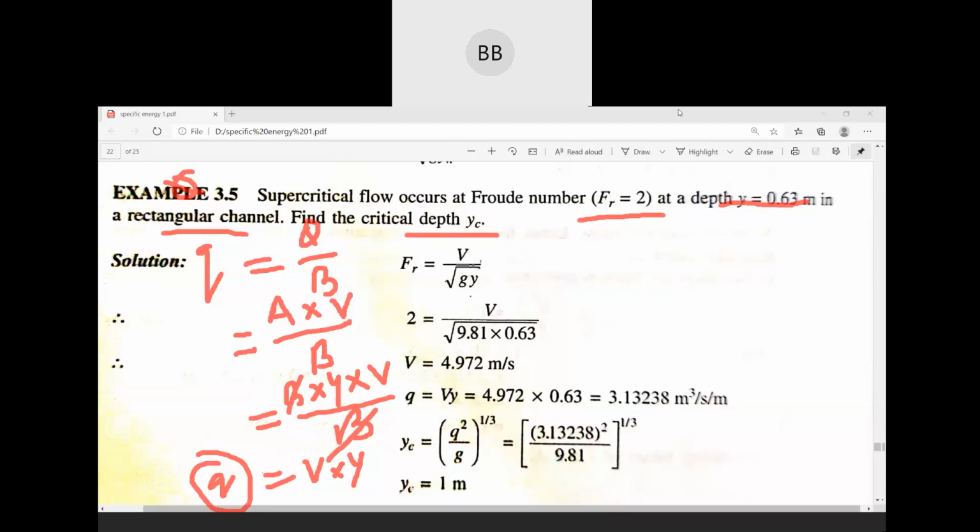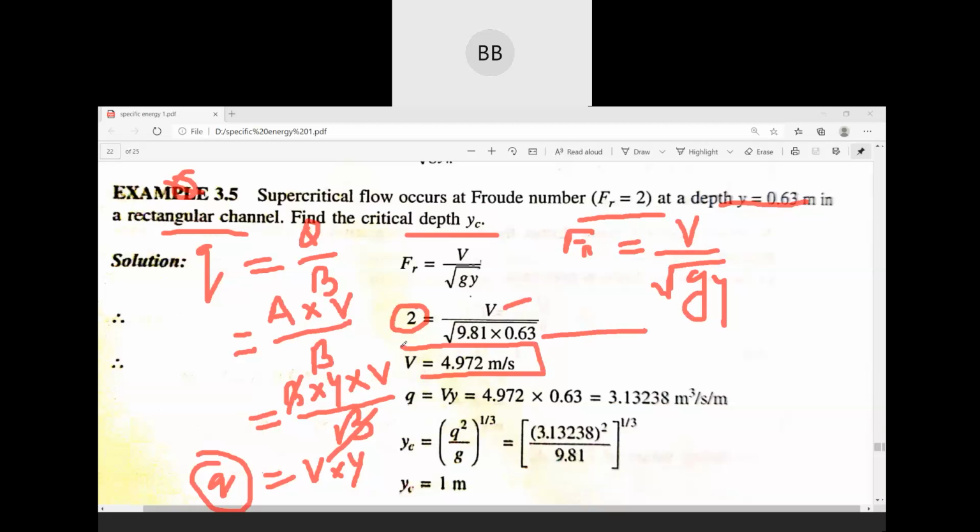Now the Froude number is given. So we use the Froude number equation, V divided by root over gy. The Froude number is given, velocity is not known to us, root over 9.81 into 0.63. So from this equation, if you see, the only unknown we have is velocity, so you can directly find